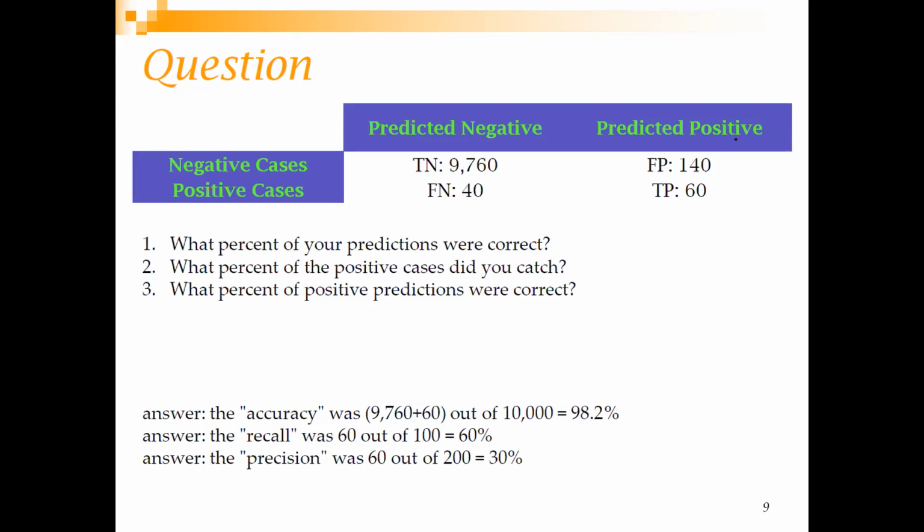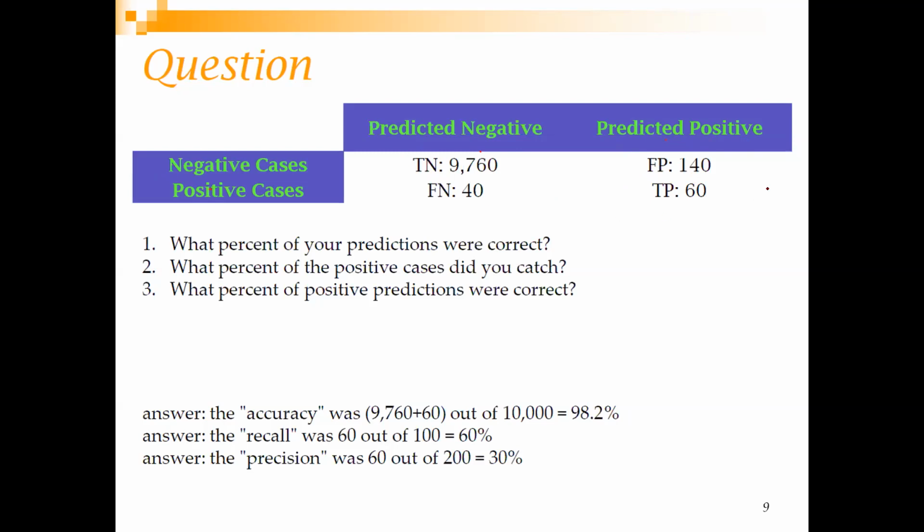As I said, the prediction is the second part, right? So for both the predicted columns, the second part tells the prediction. Here predicted is negative, so the second part is negative. And here predicted is positive, so the second part is positive, if you see, right? And the first part tells whether your prediction was correct or not. So what percentage of your predictions were correct? This is nothing but your classification accuracy.